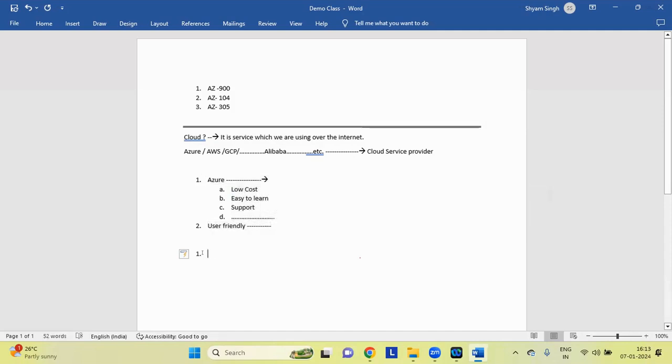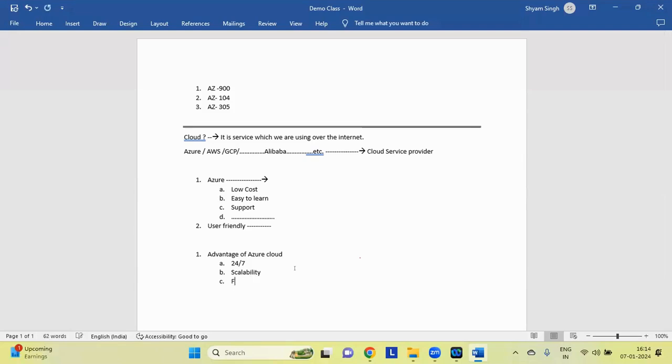Now we are going to discuss the advantages of Azure cloud. First advantage is that it is available 24/7. Then scalability.